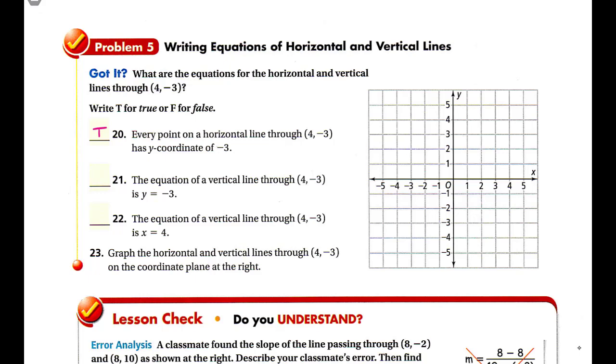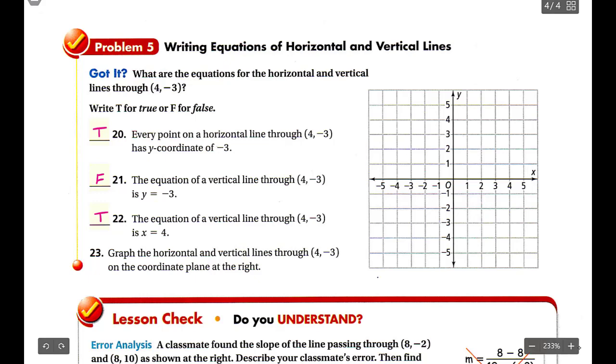For 21, the equation of a vertical line through 4, negative 3 is y equals negative 3. That is false. Horizontal lines are in the form y equals, and vertical lines are in the form x equals. So 22, it says the equation of the vertical line through 4, negative 3 is x equals 4. That is true. If I were to graph the horizontal line through 4, negative 3,